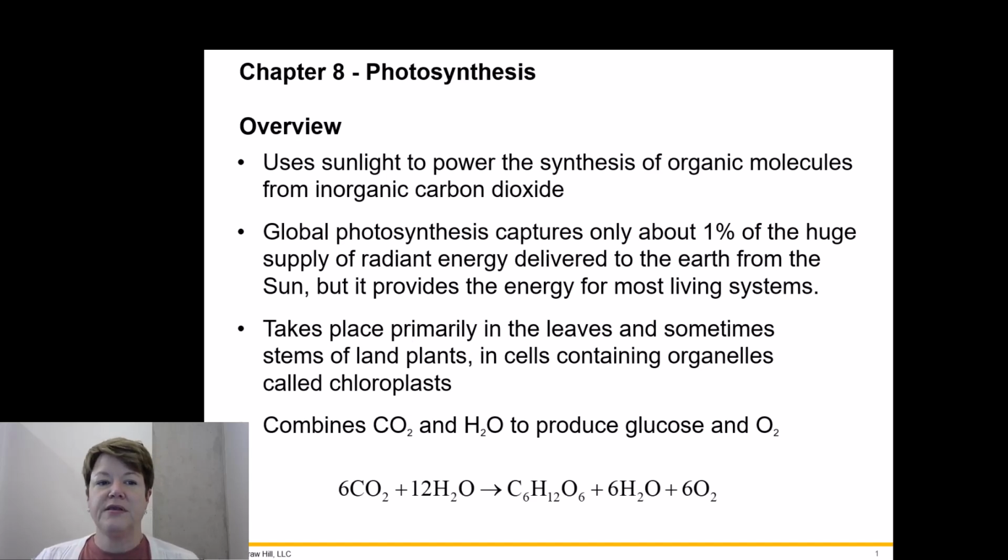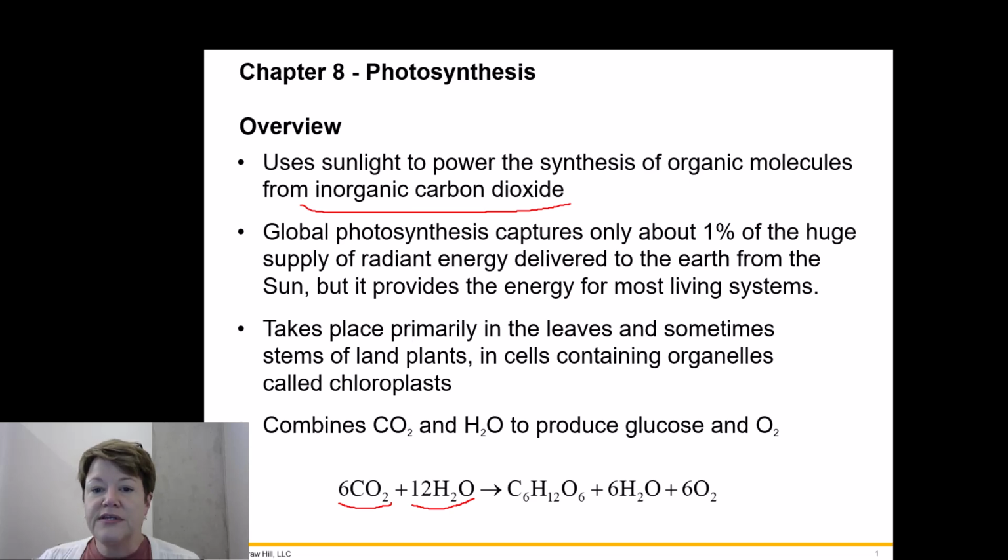And at the bottom here, we have a summary equation. We had a summary equation, you'll recall, in Chapter 7 for our cellular respiration. And here we have a summary equation for photosynthesis. On the reactant side, we have carbon dioxide, because we said carbon dioxide is going to be an important reactant. And we also have water. I'll explain what the water is doing. And then what's not on this